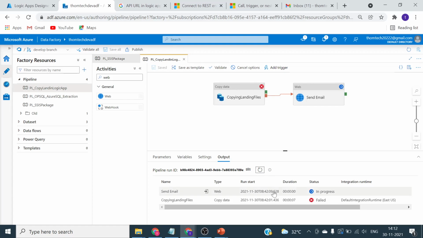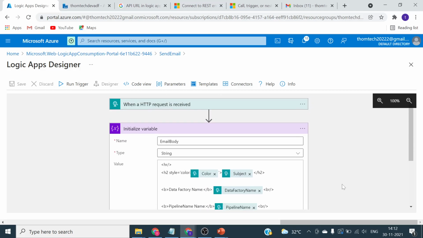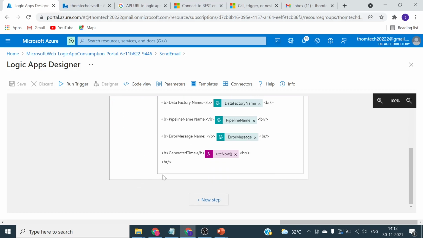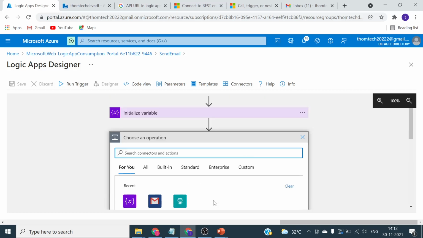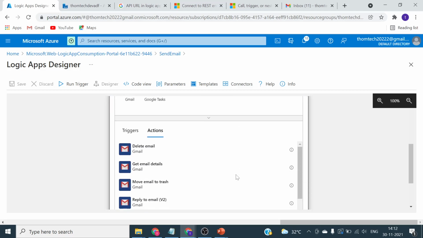Okay, so this component has failed, and then immediately email notification has triggered, and it has sent an email to my email ID. But one thing, have you noticed, in the logic app we have not given anywhere the specific component to send out an email, right? We have initialized the variable, we have everything in our body. Now we forgot to add one task, that is click on new step and search for Gmail, or if you are using an Office account, go for Office 365 or something. Everything will be available in logic app.